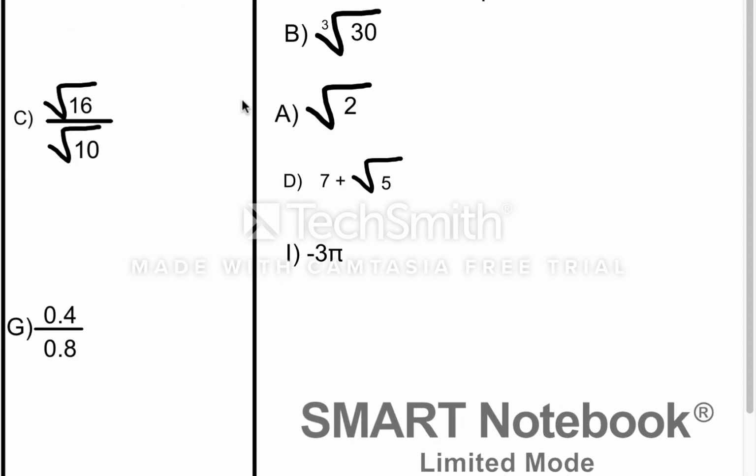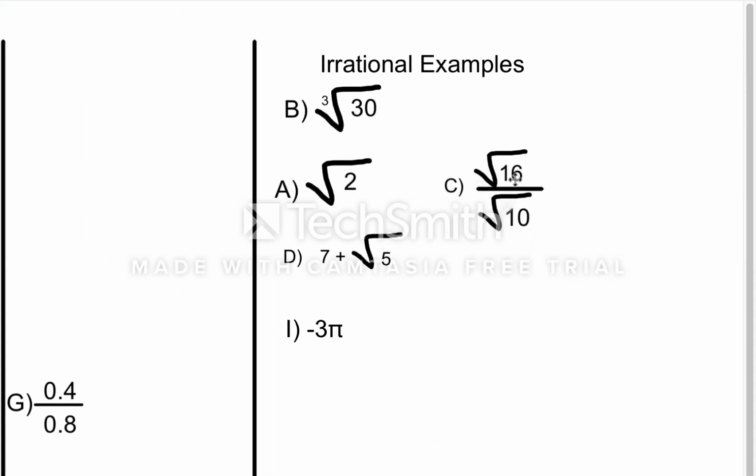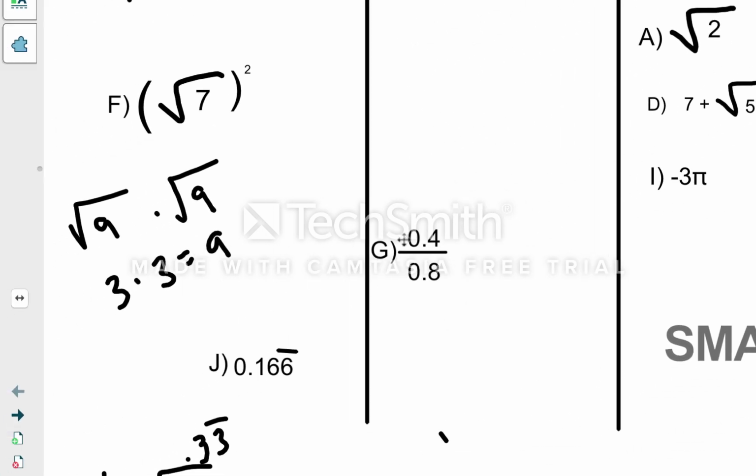Irrational gets to pick next, and they're going to go with square root of 16 over square root of 10. Again, a little bit deceptive, because the square root of 16 would be rational, but the denominator is not rational. Square root of 10 is not a rational number, so that would be irrational, and that leaves rational with the